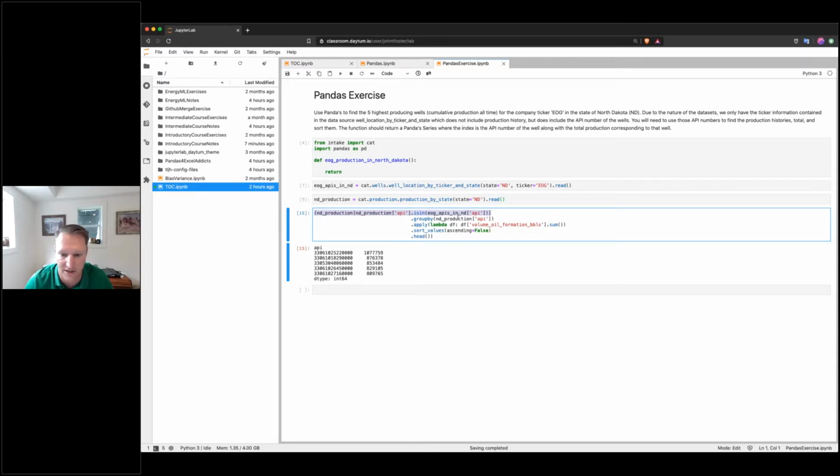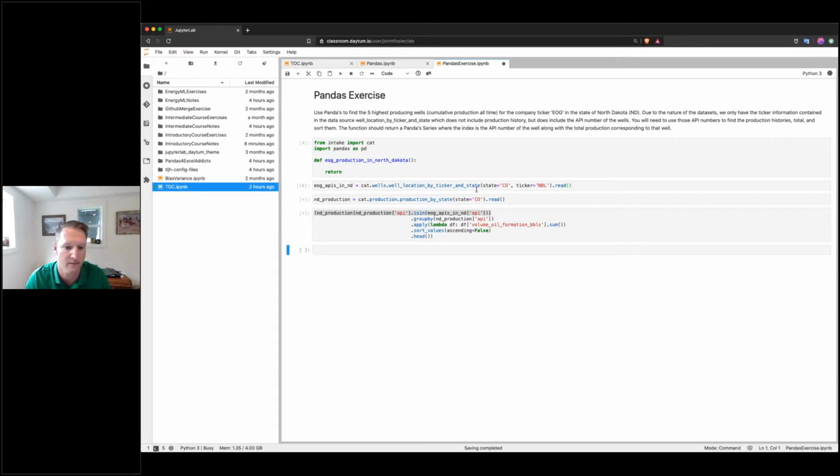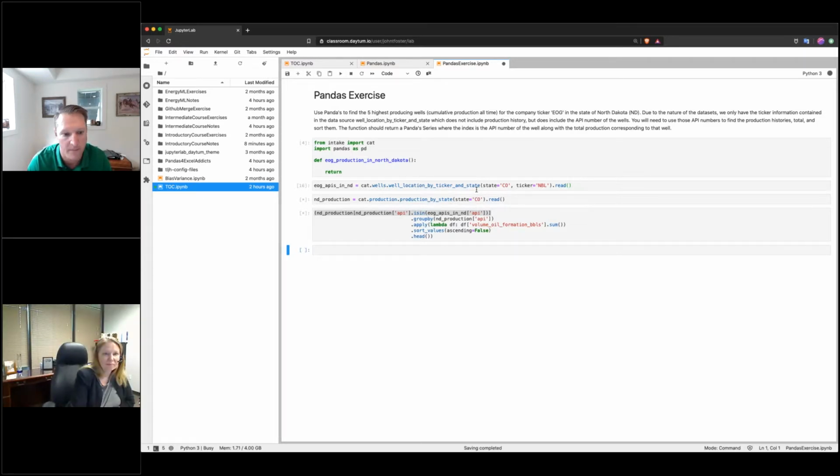By the way, the nice thing about this is we could change this rather quickly to say Noble in Colorado. And if I do that, then run these. When those complete, that second line is quite large because it's pulling in all of the production in all of the wells in Colorado. So from our database, it does take a few seconds. But when that continues to run, we'll get the answer to that question.